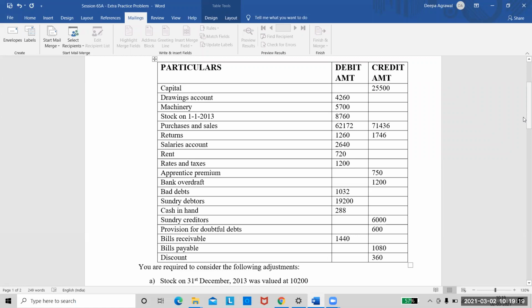So quickly two of them do, one of them do the debit side, one of them do the credit side. Check if the totals are tallying. Because he said it is a trial balance and he did not give the totals. So first thing is we should check whether the trial balance is tallying or not. Then only we can mark the entries and start. So one of them do the debit and one do the credit side.